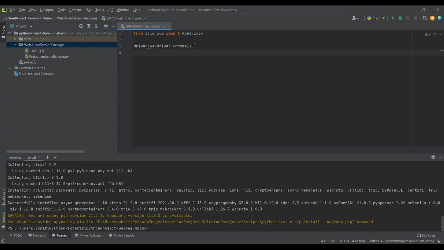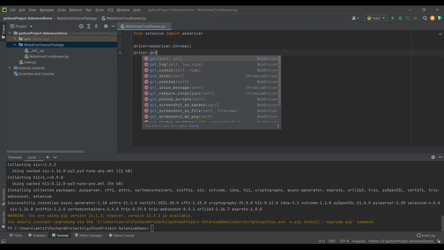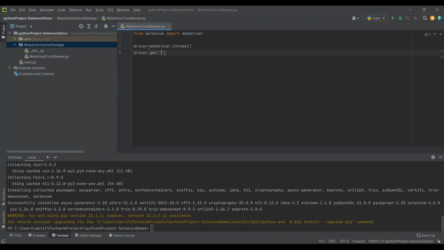Now for the next step, we'll go to driver dot get. What the get method does is it will take our driver, or web driver, to this location or URL.